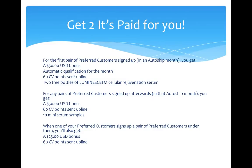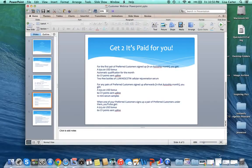Okay, the Get To It's Paid For You incentive is specifically targeted to help distributors get what they want the most of in terms of cash bonuses, free product, CV points, and samples to help you promote your business. So there's just a lot of really neat incentives here. What I want to do here is get out of this just for a minute, and